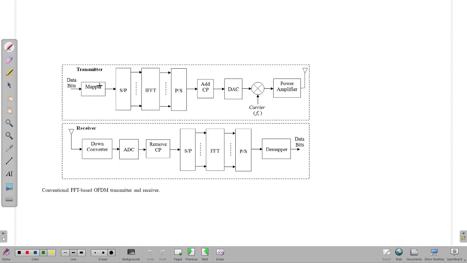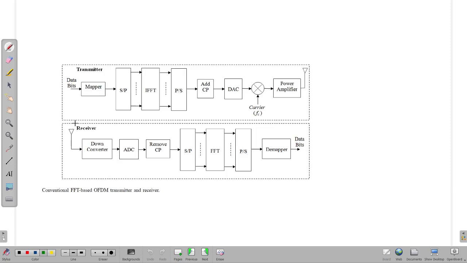and first you have the mapper, which is the incoming data bits. They are mapped onto modulation symbols based on some type of modulation, and then an IFFT is performed. Then you have this parallel data converted into serial. Cyclic prefix is added. It goes to a digital to analog converter, and it gets multiplied with a carrier frequency Fc, goes to the power amplifier, and then the signal gets transmitted out, and that signal is being